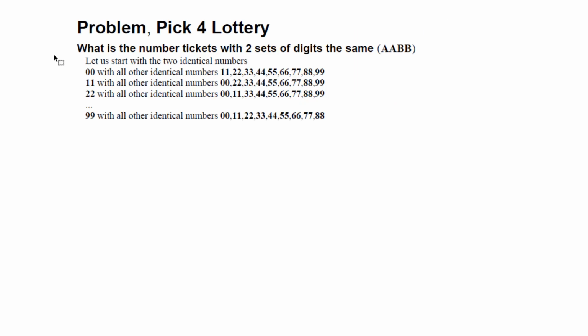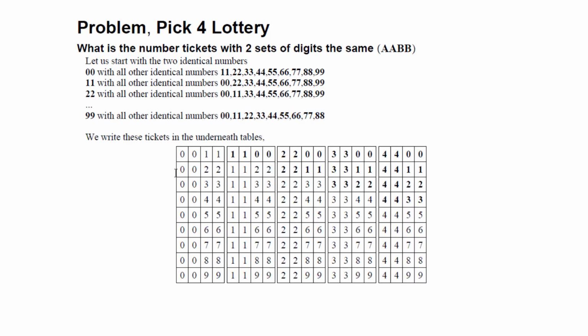Now the question is, what is the number of tickets with two sets of digits the same, such as AABB? So to do that, we start with two identical items, 0, 0, and we combine them with the rest of the identical items, which is 1, 1, 2, 2, until 9, 9. And then we start with the two identical items, 1, 1, and we combine them with the rest. And we end with two identical items, which is 9, 9, and we combine them with the rest. So here we have conducted this combination,